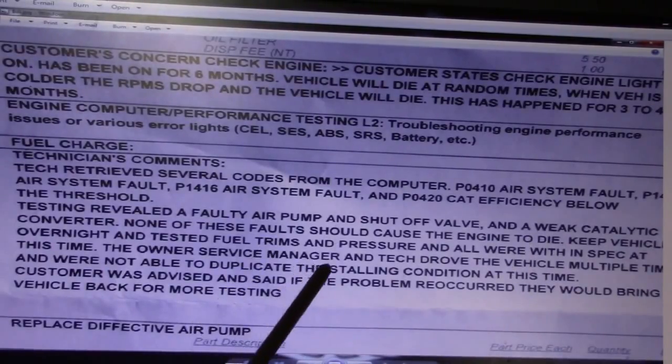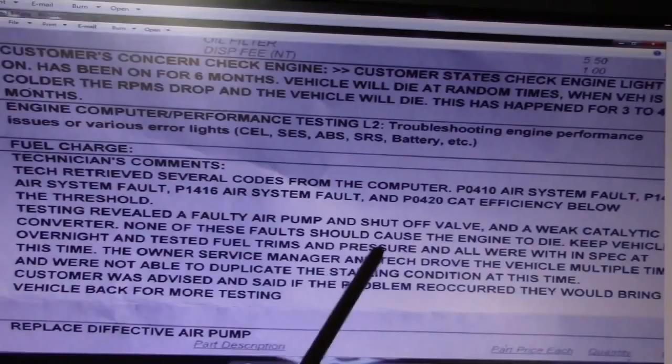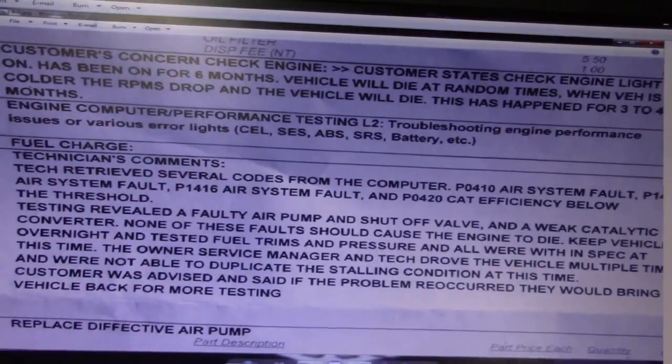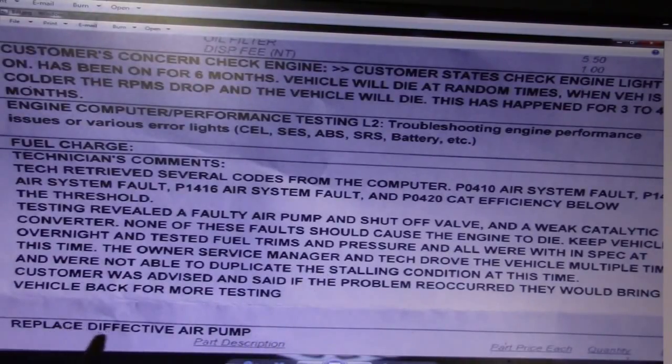It shows that they were unable to duplicate the stalling problem, probably because the car was not cold. They did all kinds of fuel trim testing and fuel pressure testing and could not find the problem with the misfire. The only thing that they did find was a defective, notice the misspelling of defective, a defective air pump. If your career is based solely on replacing defective parts, I think you should be able to properly spell defective,